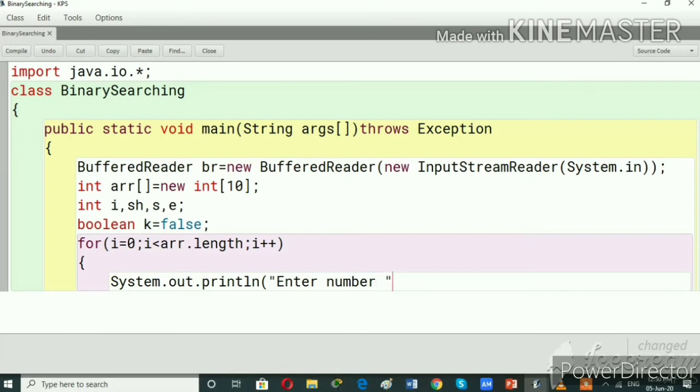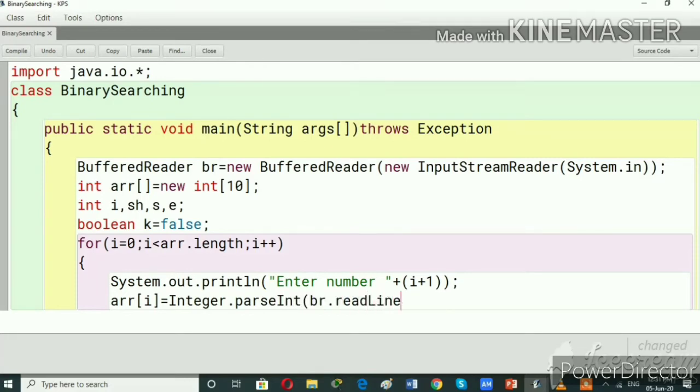We want to start with the number 1, so i plus 1. To input, we have the array name arr i is equal to Integer dot parseInt br dot readLine, curly braces close.